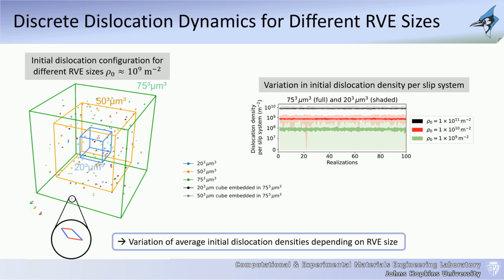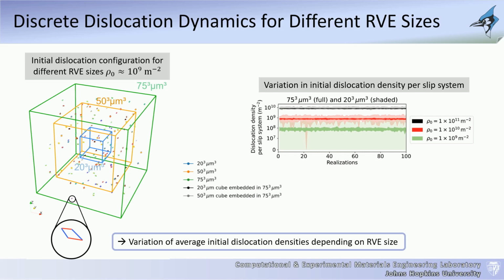And why did we want to do that? Something that I did not want to mention early on is that there is a clear influence of the initial dislocation density that you choose in the simulation. I don't know what it is experimentally, but I have to make an assumption. My educated assumption is it must be very low right after it solidifies. That's an assumption. It's a very high temperature. You just solidified. There are going to be dislocations, but I don't think there are going to be high dislocation densities initially.